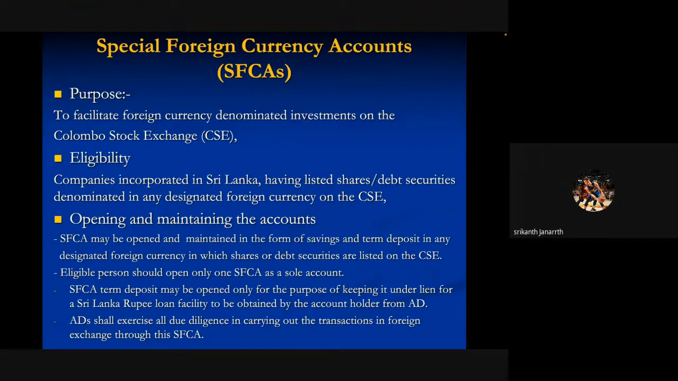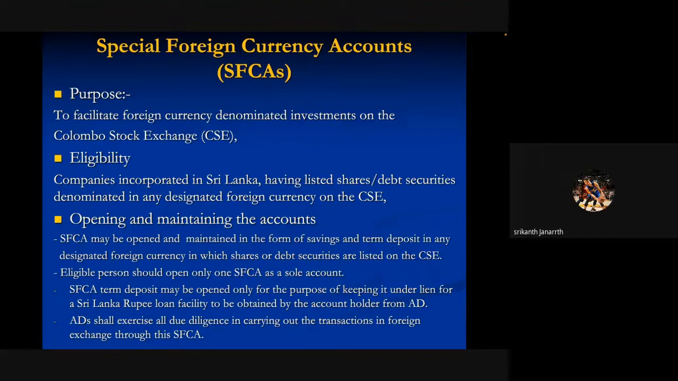So the Colombo Stock Exchange permitted, as a special case, certain companies to list their stocks in dollars and their debentures in foreign currency, not only dollars, foreign currency. It can be dollar, it can be any other currency. It is designated foreign currency. So in the Colombo Stock Exchange, these companies can list their stocks, shares and debentures in foreign currency. Those companies can open a special account in order to get the investment money into the special account. So those people are permitted to open a special type of account,